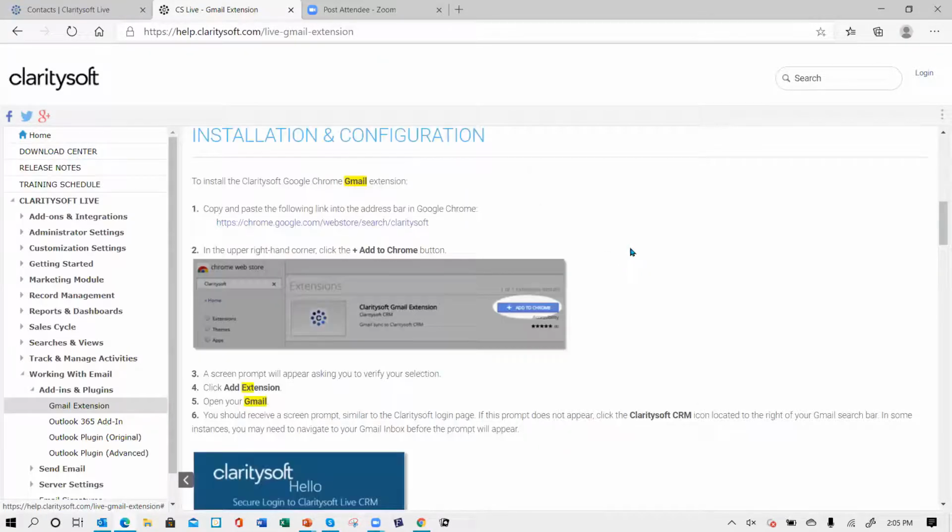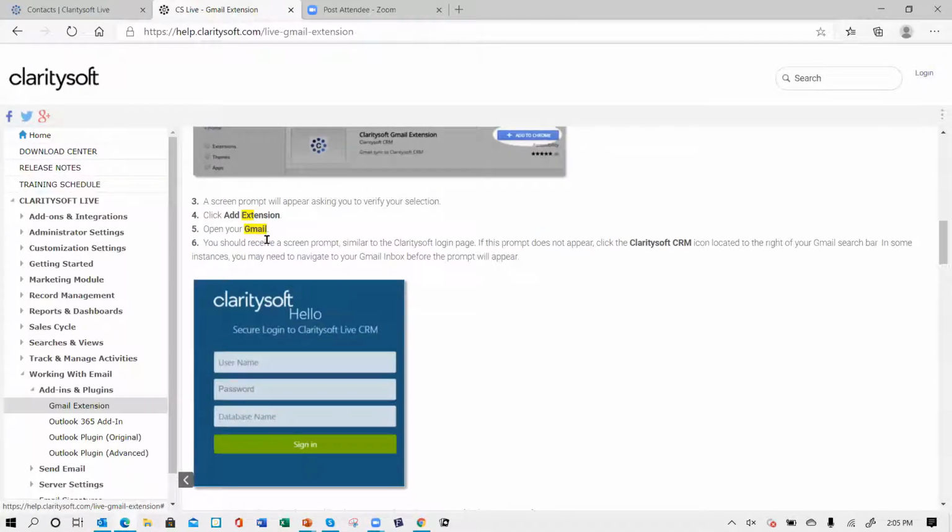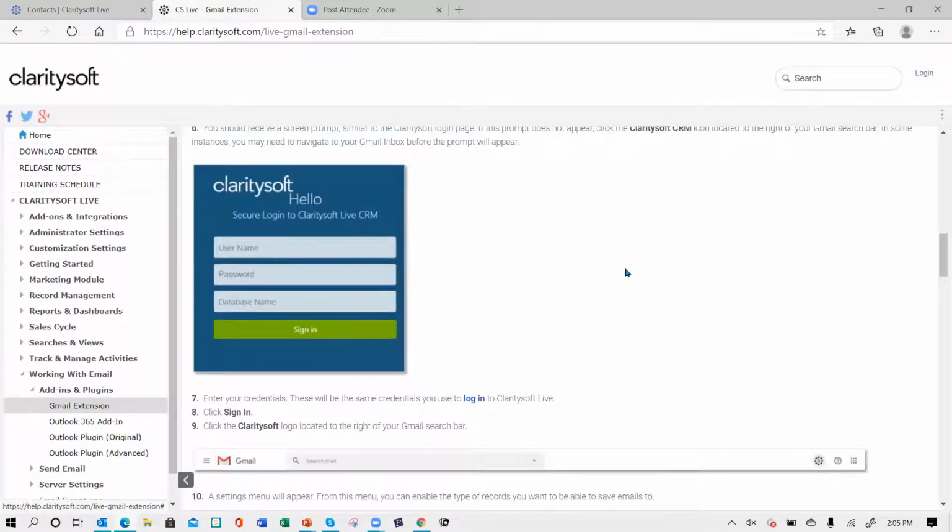But basically, it says copy and paste this into your address bar in Google Chrome. If you do that, then it will take you directly to the Chrome Web Store and the Claritysoft extension. And you simply click Add to Chrome, and then you click Add Extension. When you open your Gmail, or actually when you go into your Gmail and click on the little icon that's